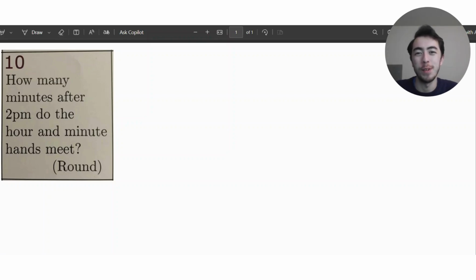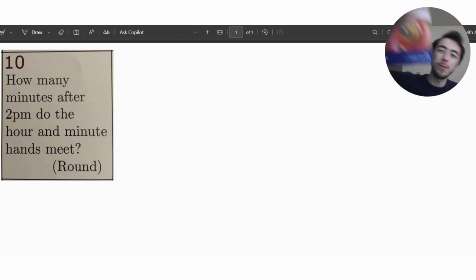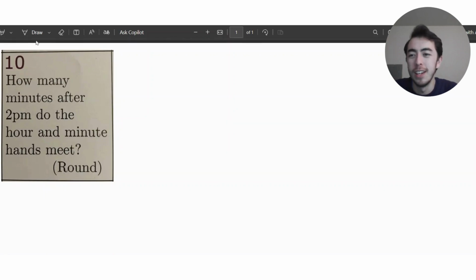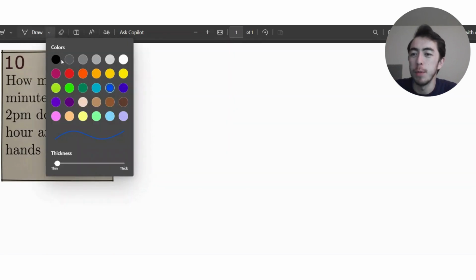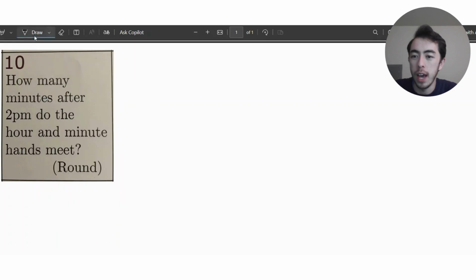Today is February 10th, and we have problem number 41 from this Daily Epsilon calendar. All right, how many minutes after 2 p.m. do the hour and minute hands meet? Okay, well, this is like I'm